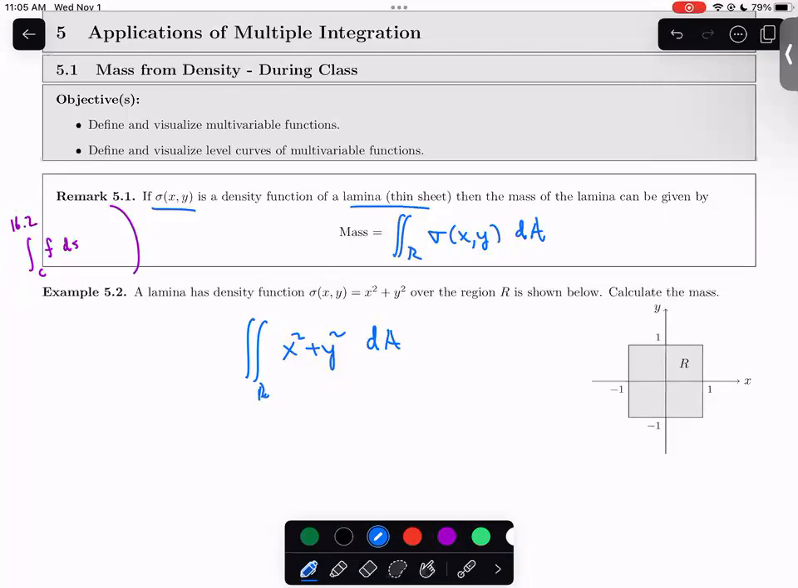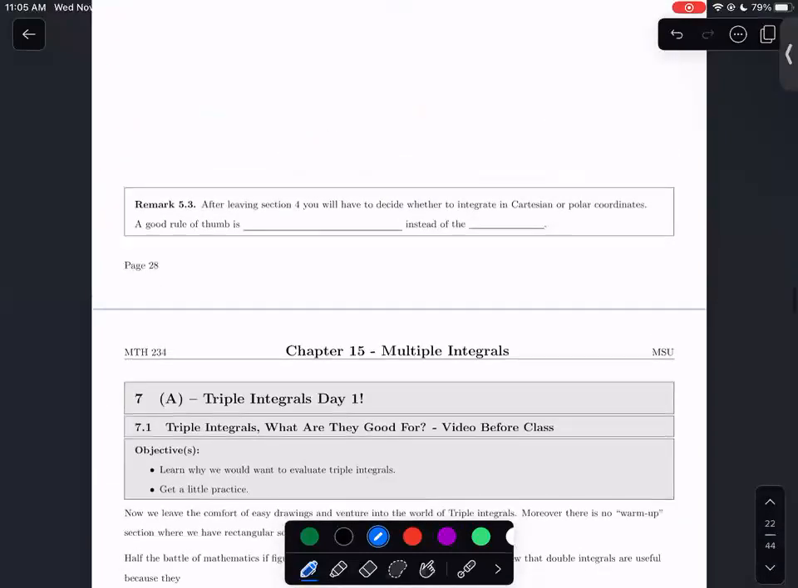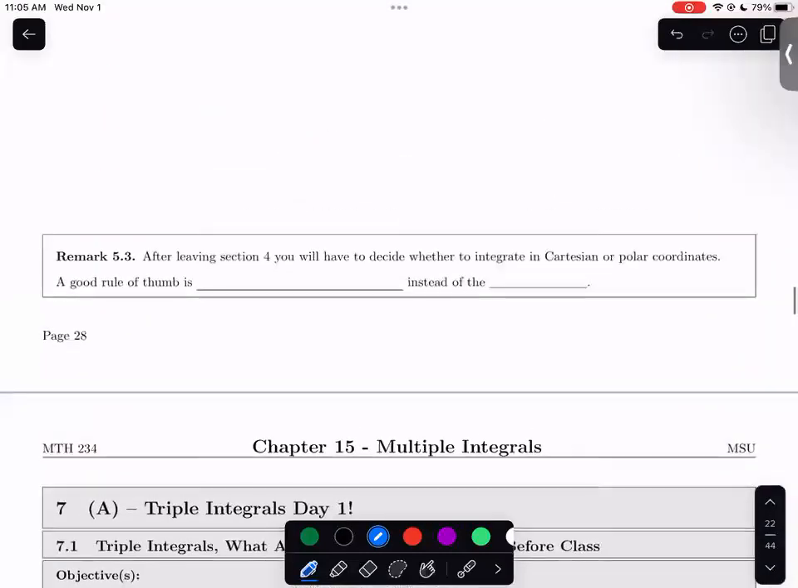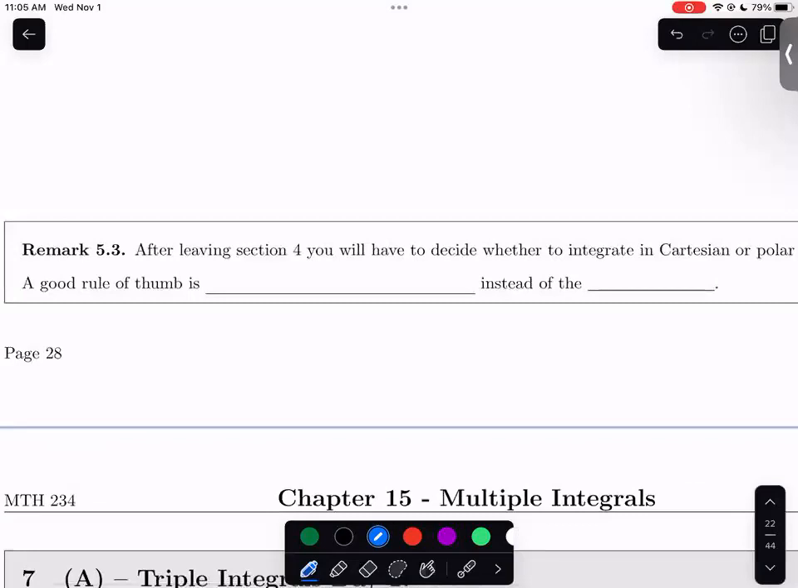I know that I would enter in through y equals -1 and exit through y equals +1. X's would range from -1 to 1 as well, right? This is not circular at all. And so what I wanted to emphasize here in my final remark, and of course we'll solve the problem as well, is that right after leaving section 4, you'll have to decide whether to integrate with respect to Cartesian or polar coordinates. A good rule of thumb is the region